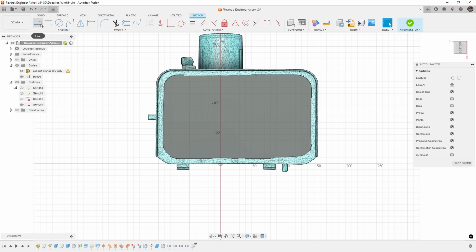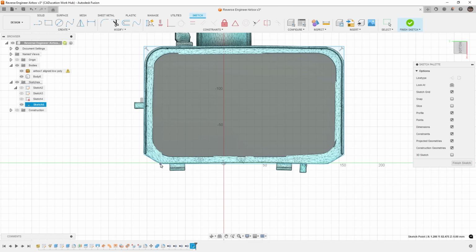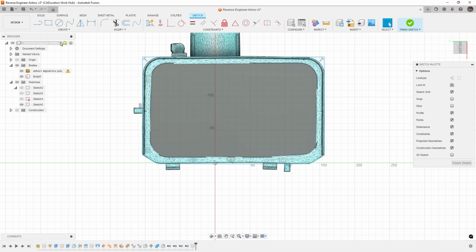So what I'm going to do is I'm just going to eyeball it. So I'm going to go from basically here, making a vertical line. We're going to come over to here. We'll come back down. These are going to have some sort of taper on it. Going to go straight across and over. Because I don't have a perfect center line here, what I would generally do is, I'm going to hide the